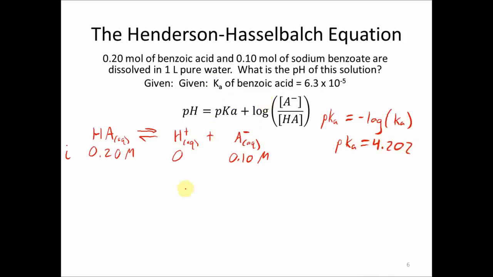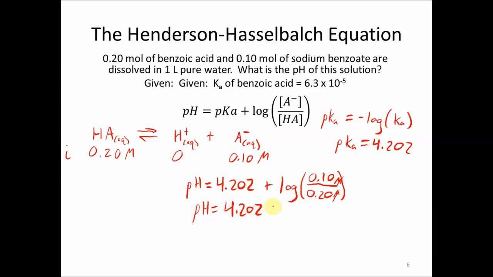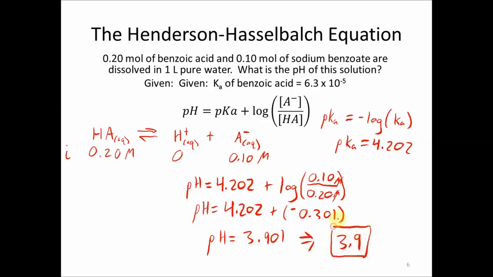Now, from here, we just plug our numbers into the equation. So pH is equal to the pKa, 4.202, plus the log of the concentration of the conjugate base, which is 0.10 molar. We get this from the I of the ICE chart. And this will be divided by 0.20 molar. The molars cancel out. And what this brings us to is pH is equal to 4.202 plus negative 0.301, and this will give us a final answer of pH is equal to 3.901, which rounds to 3.9. And that is it. That is how simple the Henderson-Hasselbalch equation makes it to calculate the pH of a buffer